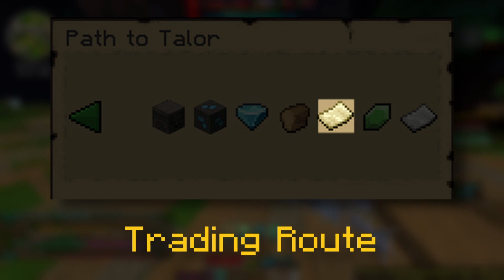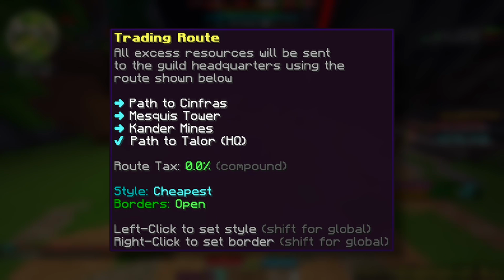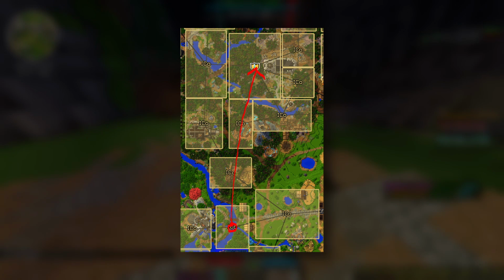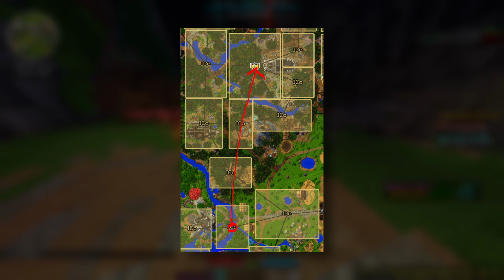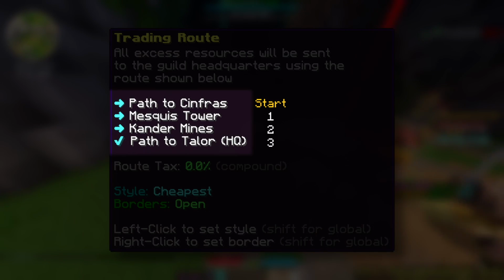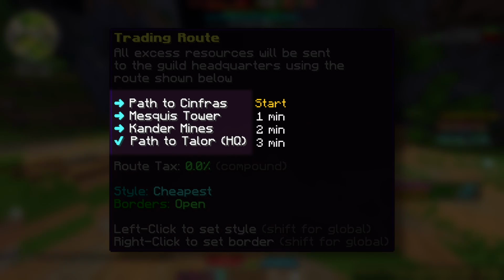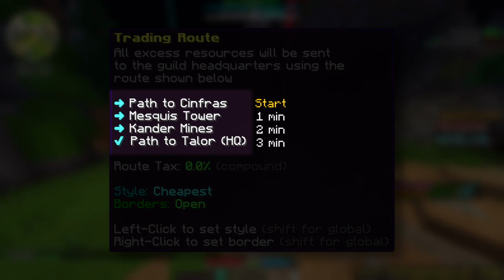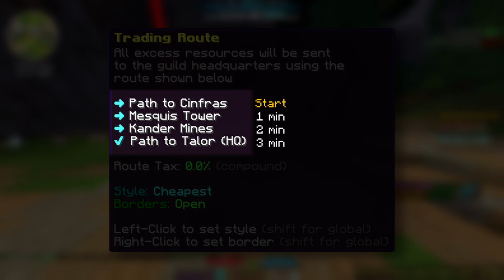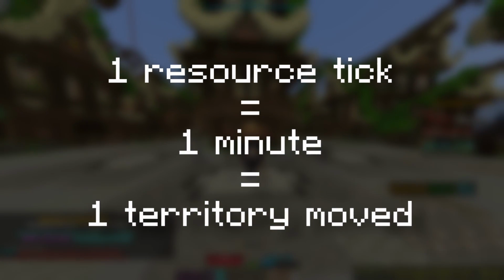The sixth icon is the trading route. Hovering over this will show you the route consisting of the paths we discussed earlier from the territory to your headquarters, along with information like the tax of said route. The length of the route, aka the number of territories listed, determines how much time resources will take to get from this territory to your headquarters, with every additional territory adding 1 extra minute. This arises from the fact that it takes 1 resource tick or 1 minute for a package of resources to